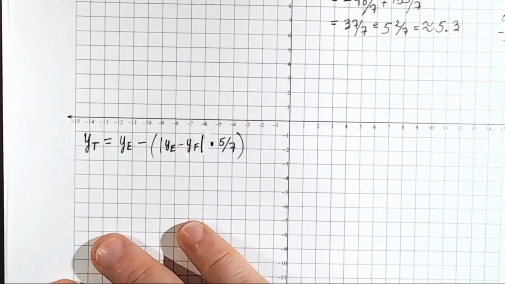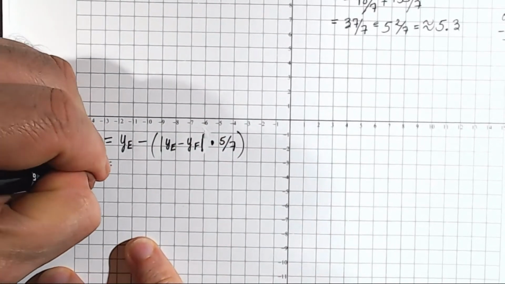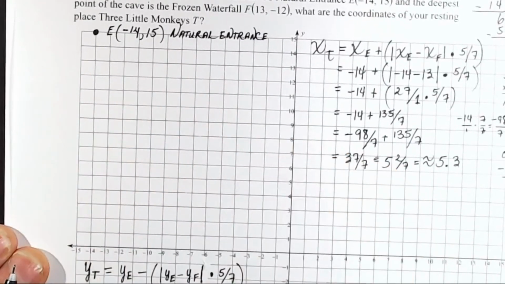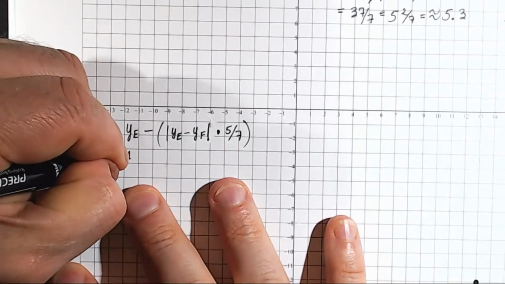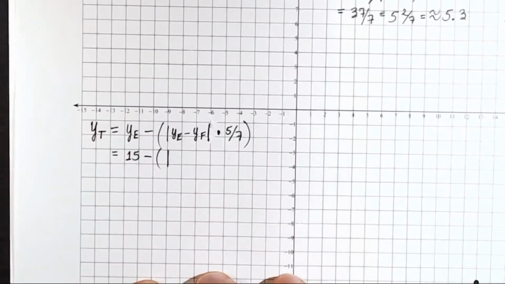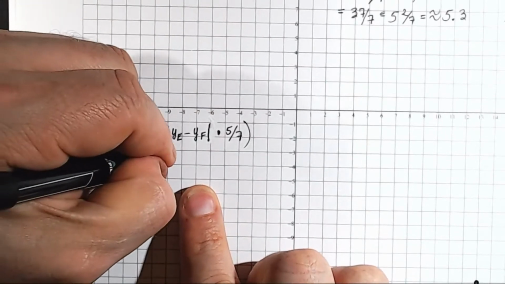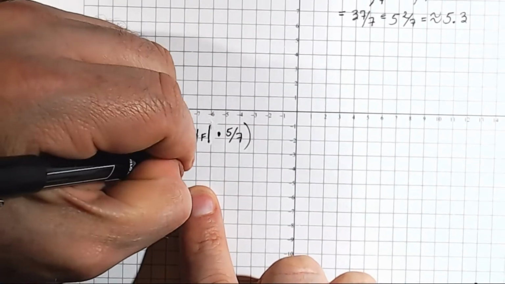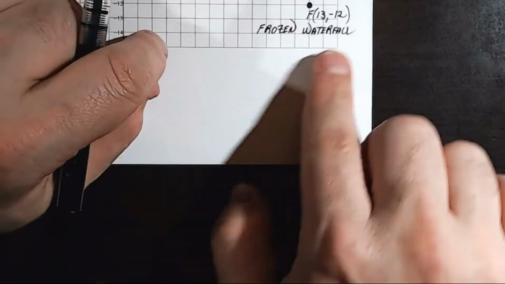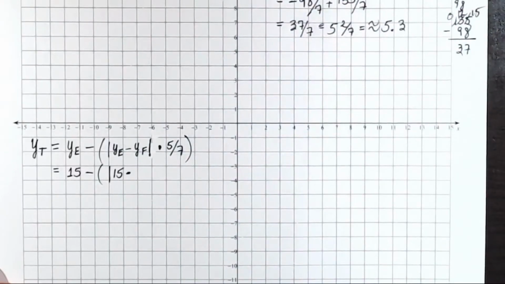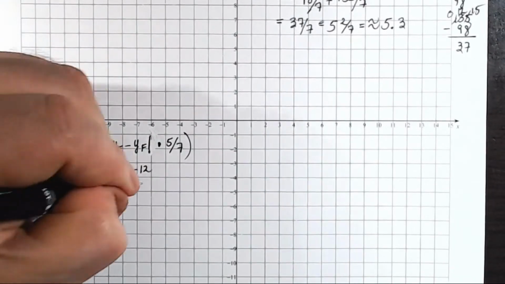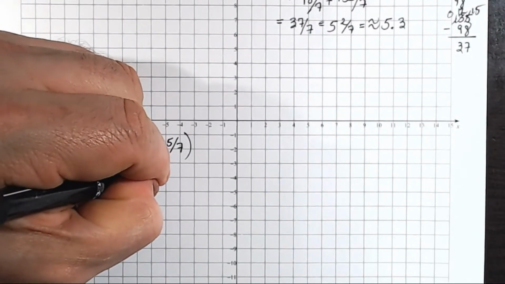All right, then close the parentheses. My bad. All right, so now we'll substitute in our values. So y sub e was 15, so we'll put in here 15 minus, open parentheses, open absolute value bar. Now again, y sub e was 15 minus the y value of the f coordinate, which was -12. So that's minus -12. So minus minus, we'll deal with that, times 5/7,